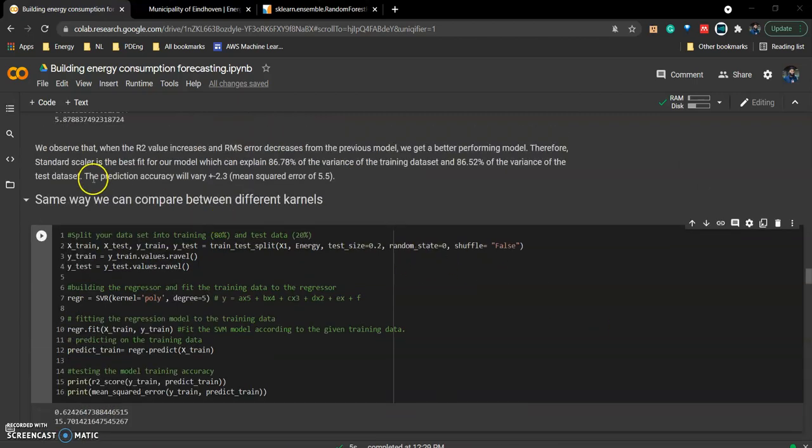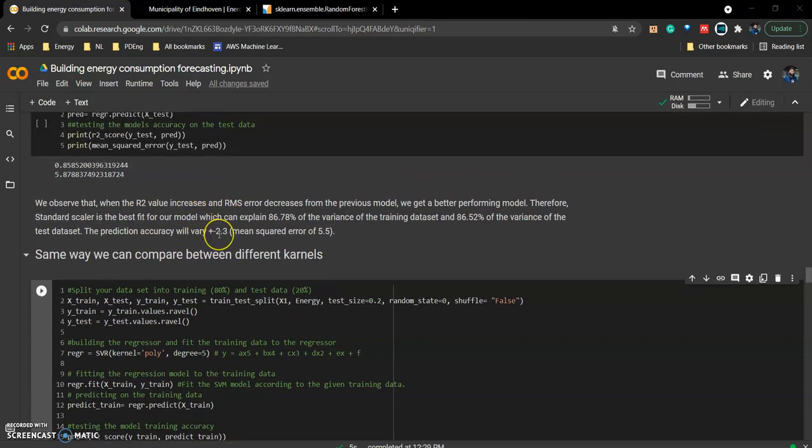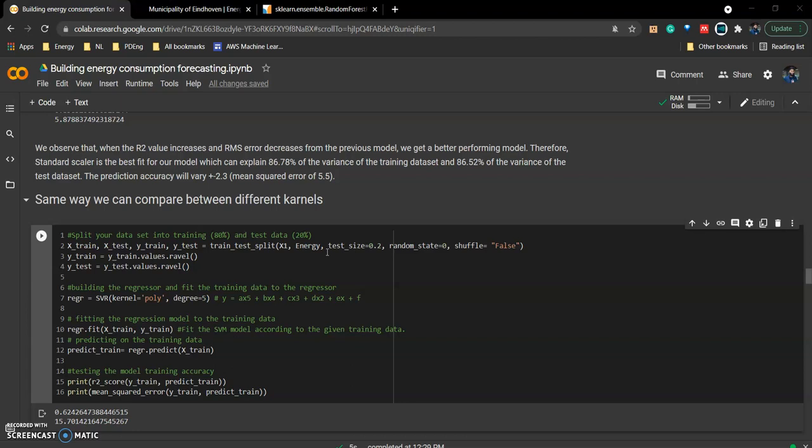So far we have seen that the standard scaler is the best fit for our existing dataset, and we have assessed the model based on support vector machine, which can explain more than 86% of the variance of the training dataset and around the same percentage of the variance for the test dataset. And the prediction accuracy we found is plus minus 2.3 depending on the mean squared error, which we saw around 5.5 for the training and testing dataset. So if we want to improve the performance of the model further, let's check different kernels for the model,